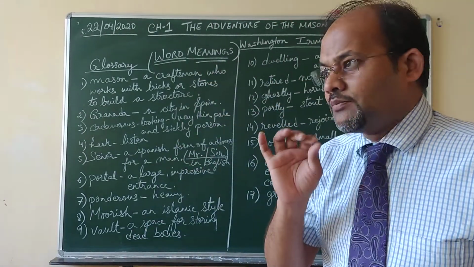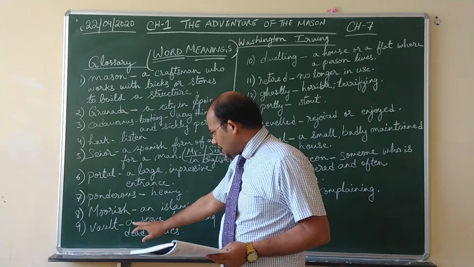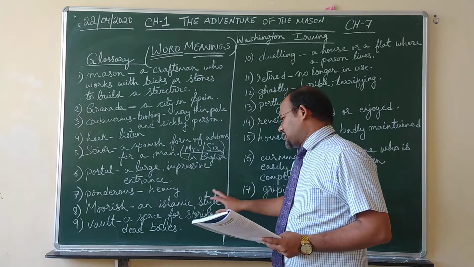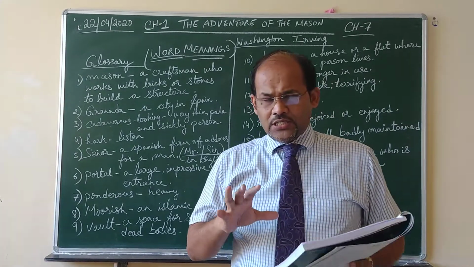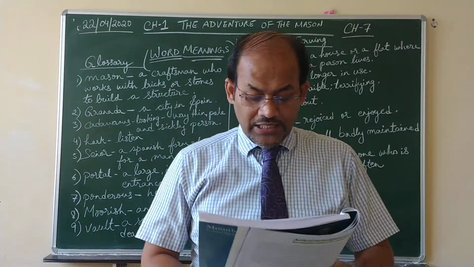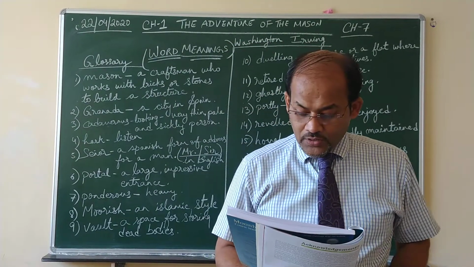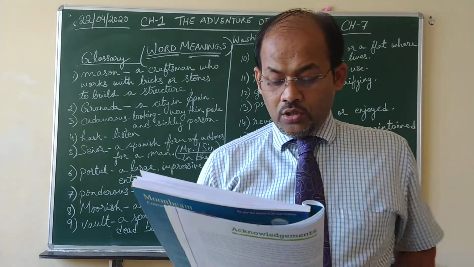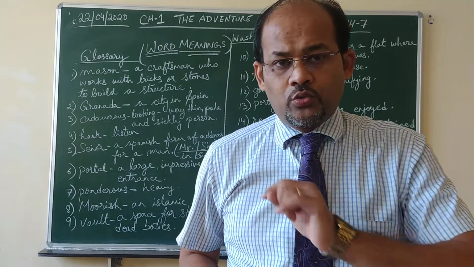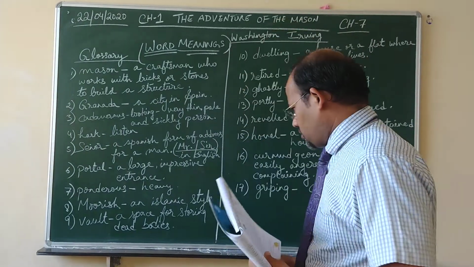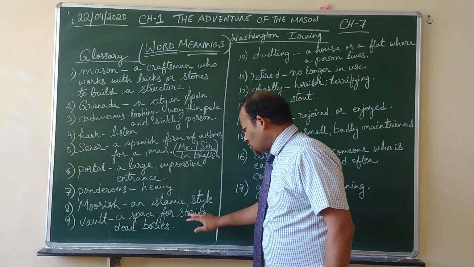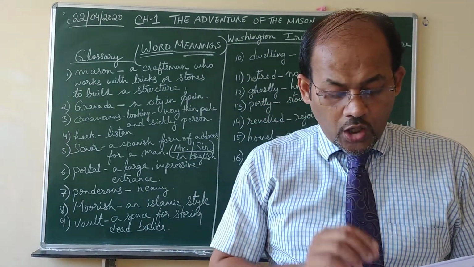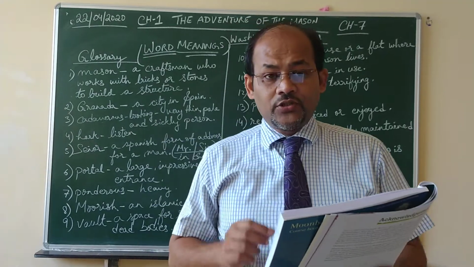What do you mean by the word Moorish? Moorish means an Islamic style, an Islamic style of architecture. That is the meaning of Moorish fountain. Under which the stranger requested him to form a small vault of bricks. What do you mean by the word vault? V-A-U-L-T, vault. Vault means a space for storing the dead bodies. Then, wall bricks and mortar being at hand for the purpose,